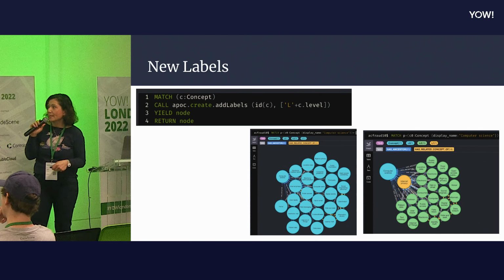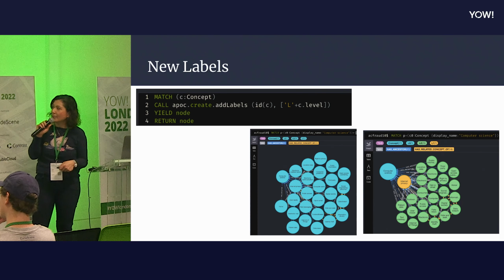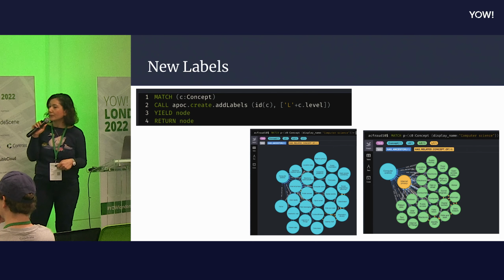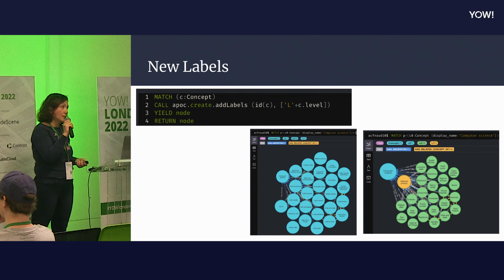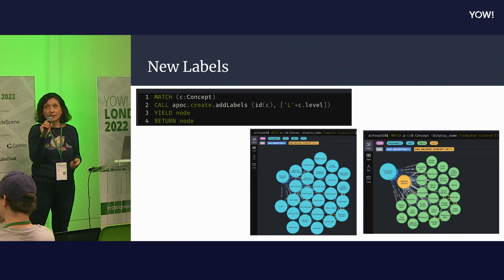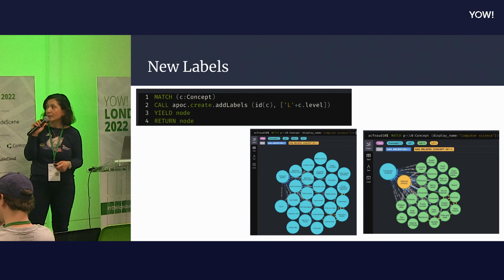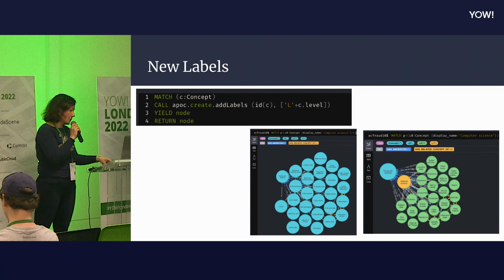This is one example where we had the concepts. They are all concepts, there are no identifiers, it's the computer science related concepts we have. But if we run just a couple of lines of adding labels for the 65,000 concepts we had, we can identify level 0 as being the blue ones, the yellow ones are level 1, the internet privacy, and all the level 2 are the subcategories of that. That makes it easy to write the queries, to understand, to picture what we are doing with the relationships and how the concepts are related to each other.